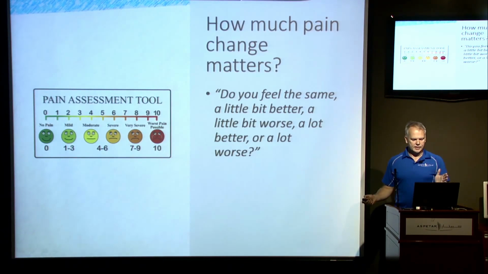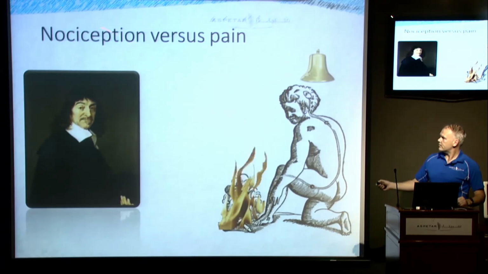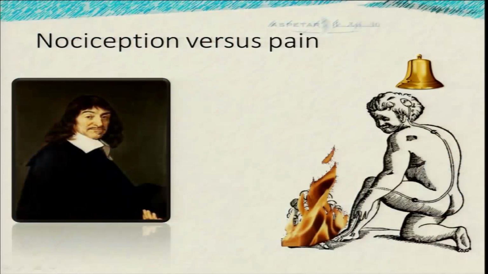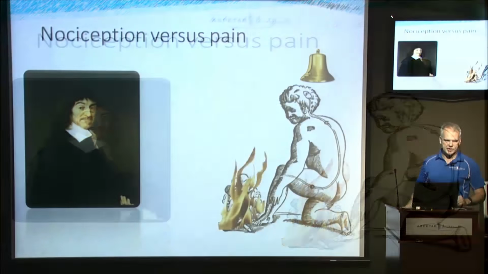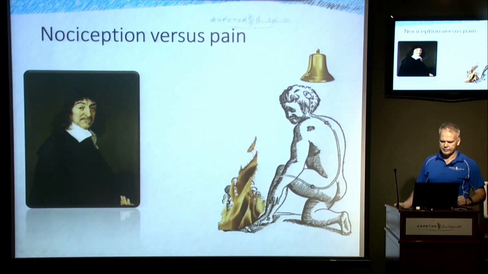The next thing, and the kind of central part of this talk, is thinking about this concept of nociception, or the sensation of tissue damage, versus pain. And René Descartes was probably the guy who originally formalised this, and by and large, as far as I'm concerned, most of us still think this is how it works. There's some tissue damage and it's somehow carried up through some tubes into the brain, and a bell is set off, and the size of the bell that's set off is according to the amount of tissue damage that goes on there. At least that's what I thought until I learned about more of this pain science stuff.